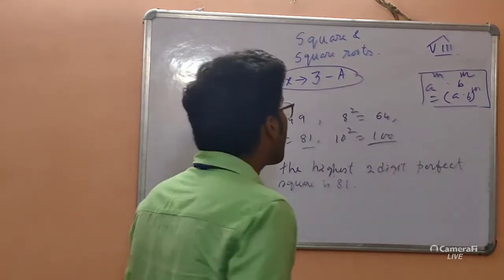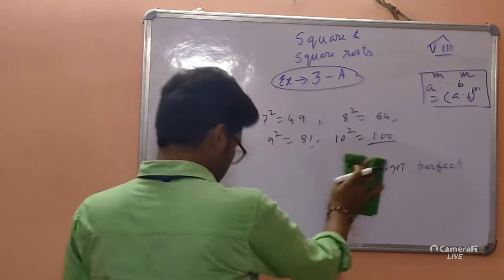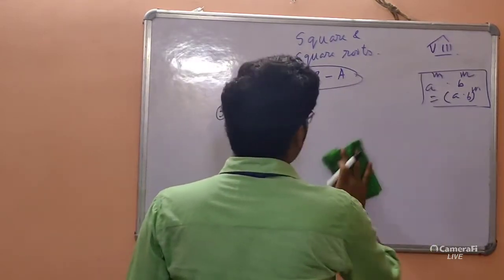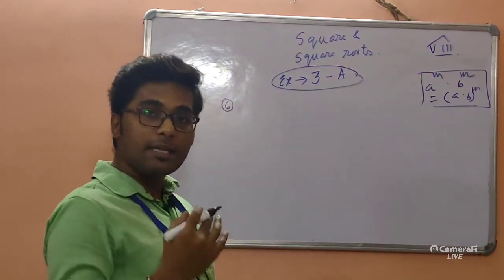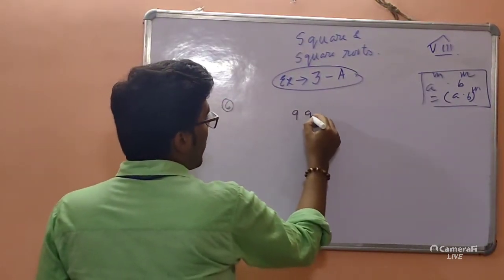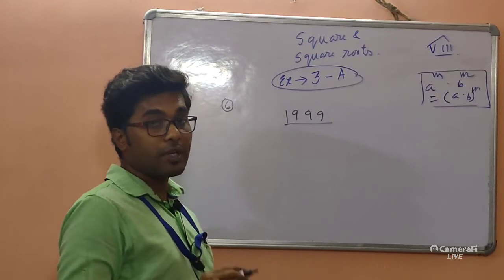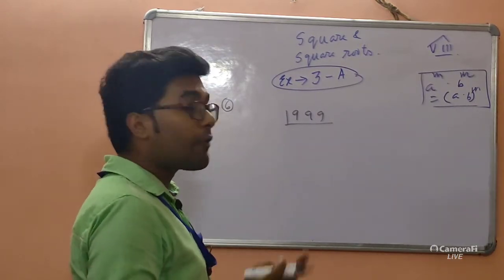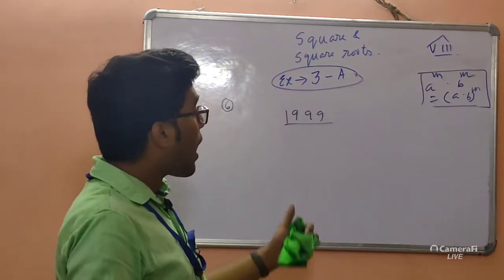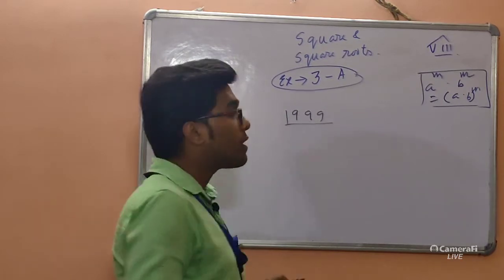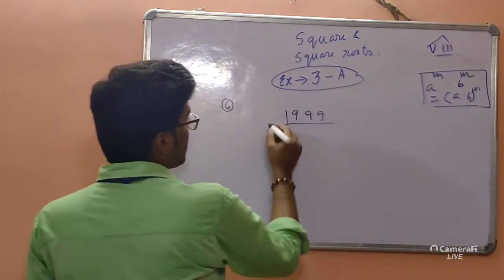Now this becomes tricky. It says largest number of 3 digits which is a perfect square. So at first, what is the largest number of 3-digit? 999, right? Largest number of 3-digit is 999. So now we'll factorize 999. Since we don't know how to find square root using division method, we are not using it. In the upcoming classes we will discuss how to find square root using division method, okay? But here, since we don't know, we are using factorization. So at first we need to factorize this.